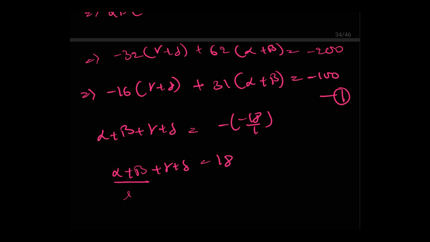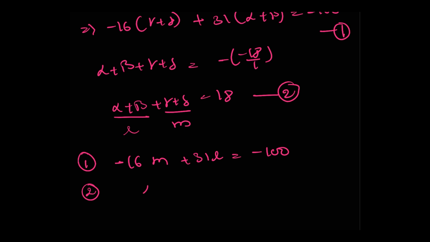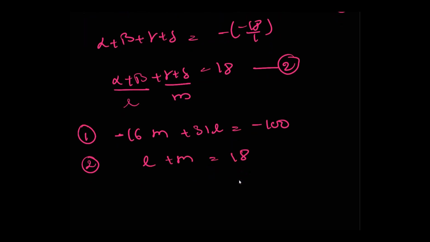Take alpha beta as L and gamma delta as M. Now we get, and take this as equation number 2. Equation 1 will be minus 16 M plus 31 L equals minus 100, and the second equation will be L plus M equals 18. Now multiply equation number 2 by 16 and add these two equations. We get